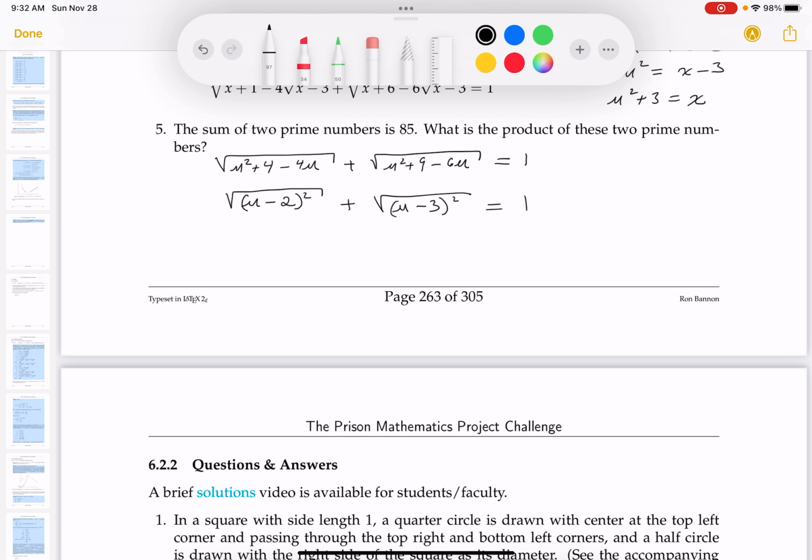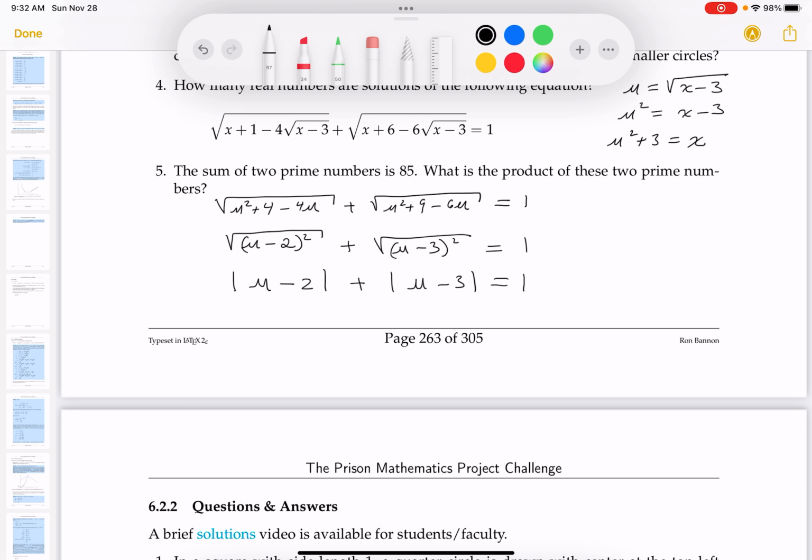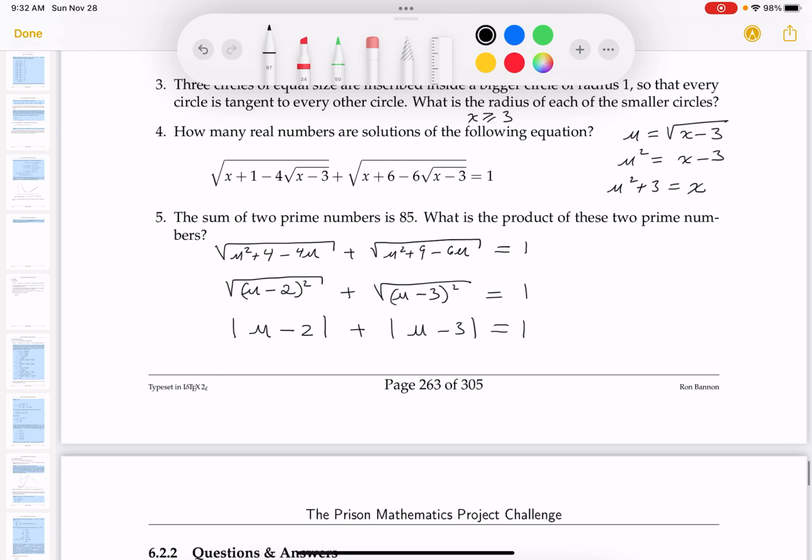Let's write this down. So what do I get here? I get the absolute value of u minus 2, plus the absolute value of u minus 3, equal to 1. All right, so what do I got here? I got possibilities, and I want to point out what they are. This is always trouble for me. I've got to look at these absolute values, and it kind of breaks up into